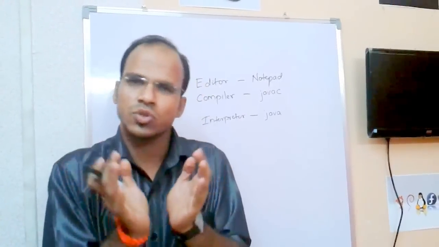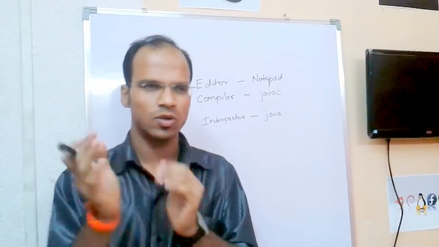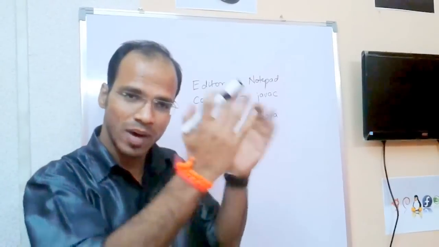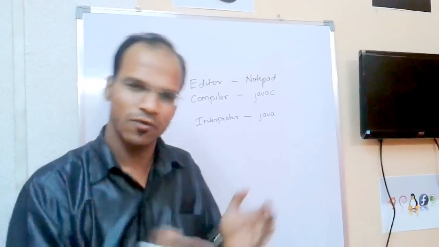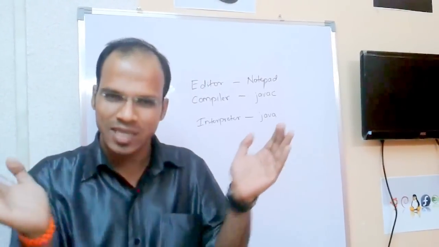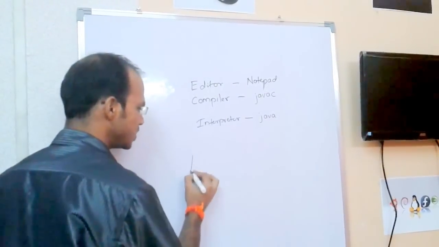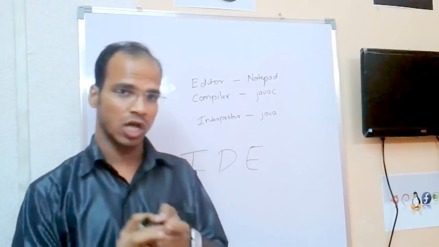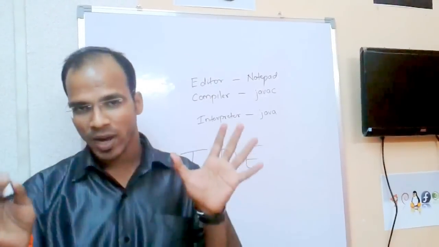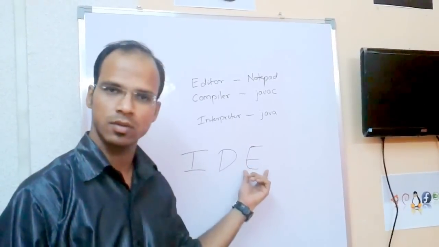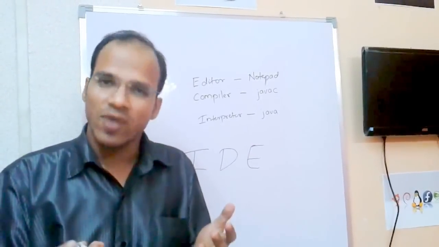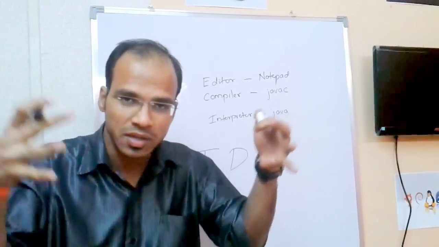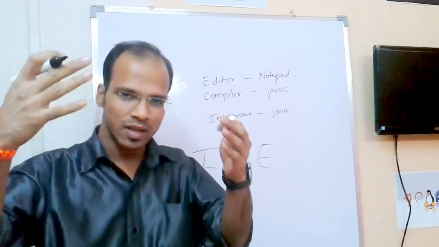If all these things come together to form a single environment, you can imagine you have all different things and all of them are coming together to form a single software. It's possible. When you combine all this software in the same place, it will be called an IDE. Again, mark my words, I am talking about an environment where you can type, you can compile and you can execute. For what do you require the environment? For development. So we have a development environment, and this development environment is integrated. It has an editor, it has a compiler, it has an interpreter.